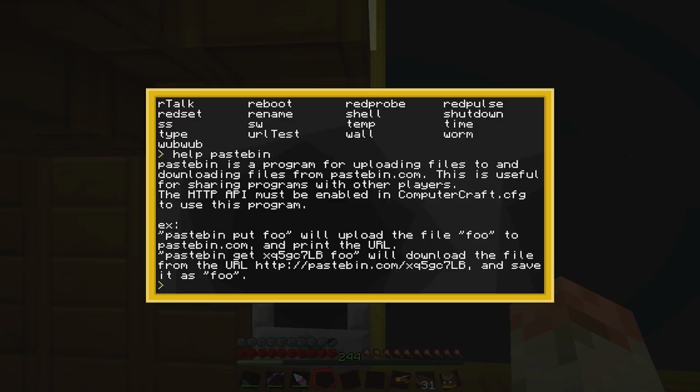This is useful for sharing programs. So as an example, you can put pastebin put foo, which will upload the file foo to pastebin.com and print the URL. I did not know that. But anyways, you can put in pastebin get and then the link. So as you can see here, when I post a Pastebin link on our videos, you can take everything after the slash off of .com here and type in pastebin get that link, and then name it whatever you want. This is foo, but if you want it to be named